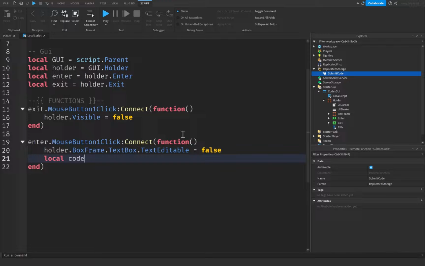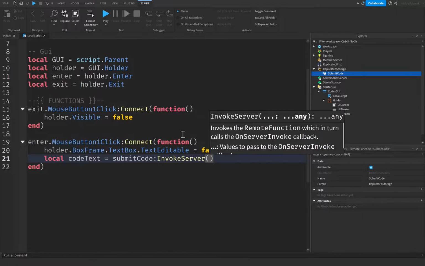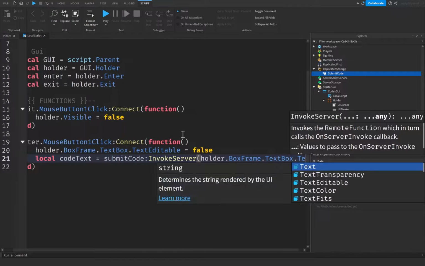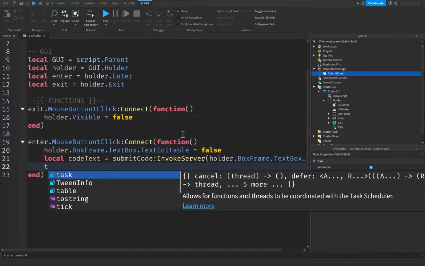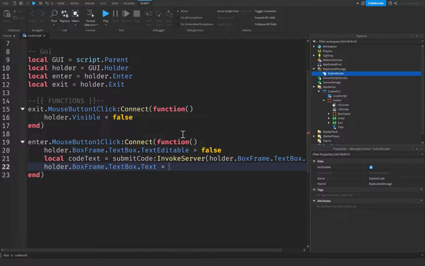After that, we're going to say local code text is going to be equal to submit code invoke server. This is how we invoke the remote function, which is similar to firing a remote event, but in this case it's simply invoking the server. And we're going to pass the holder.boxframe.textbox.text in there as a parameter that we're going to be using in our other script. And we're simply going to say holder.boxframe.textbox.text will be equal to our code text, because how the remote function works is we're going to invoke the